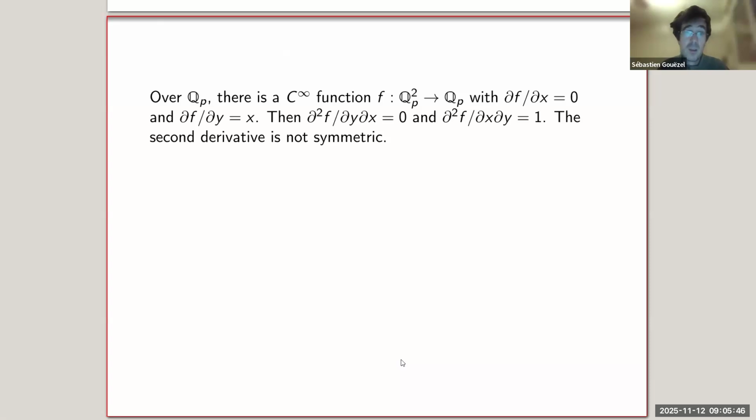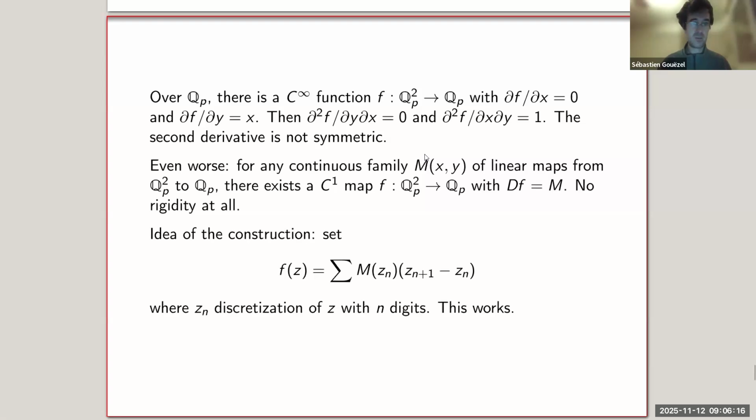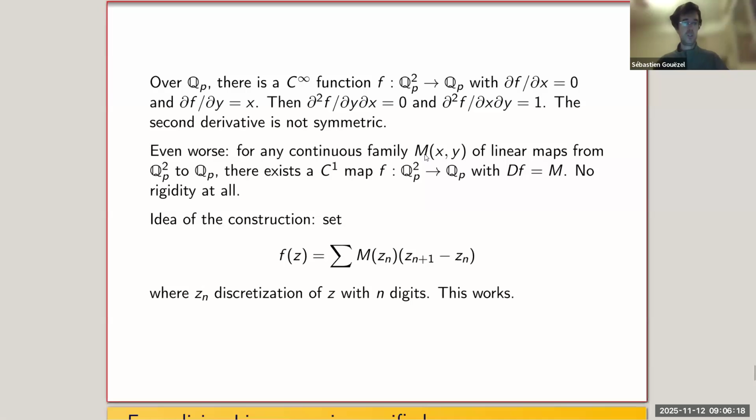For instance, over Q_p, there is a C-infinity function from Q_p squared to Q_p, for which the second derivative d2f over dy dx is 0, and d2f over dx dy is equal to 1 everywhere. That's a nightmare, but that's also a fact of life. So, I'm already really late. Okay, so I'll just drop the example and just say that,